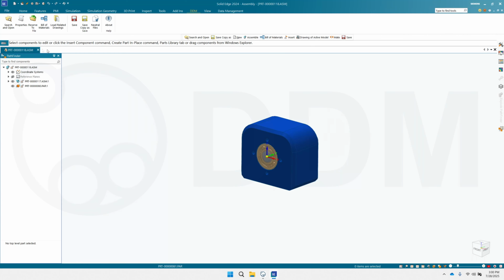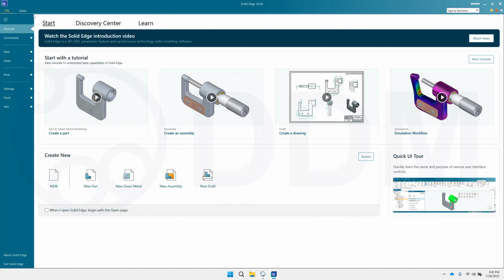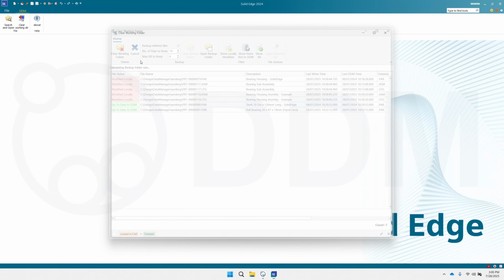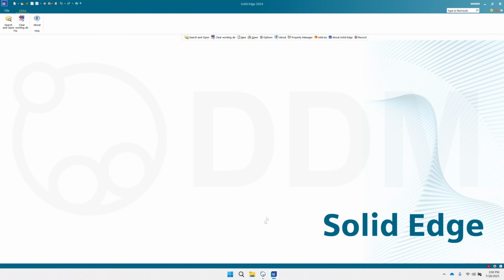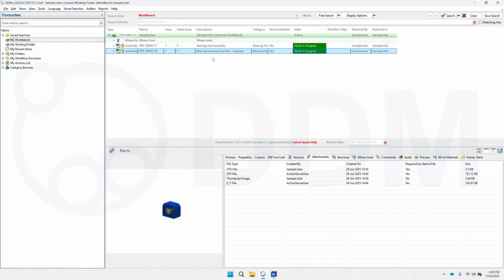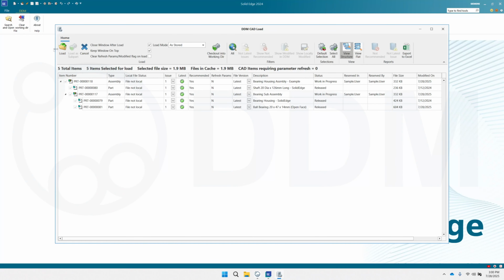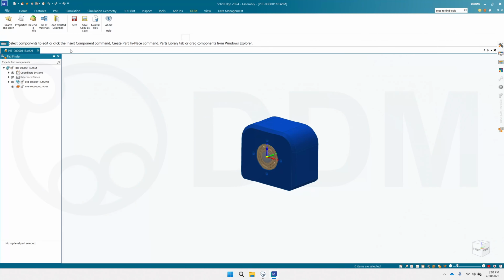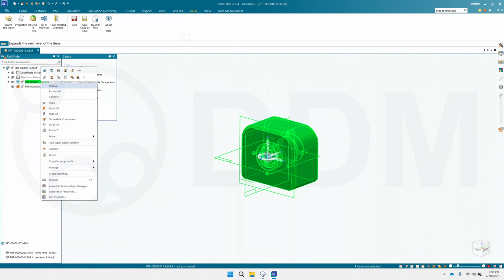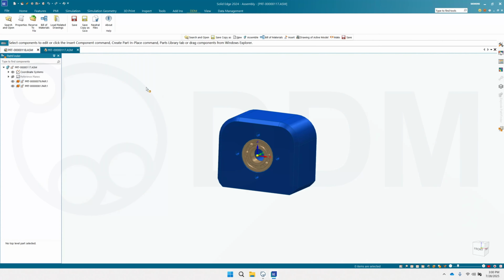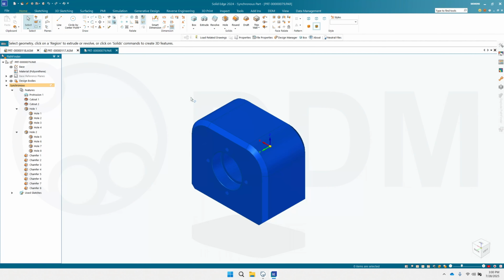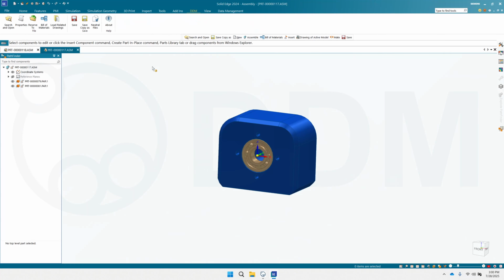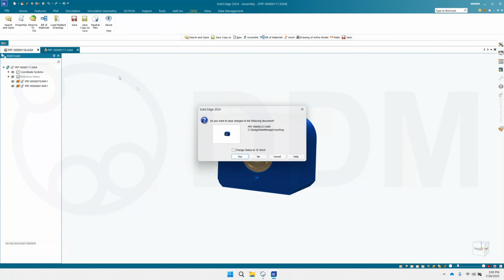We now close these parts and we clear the working directory. And we'll go through the process again. So loading our assembly into SolidEdge, and again we will open the subassembly and we will open the component for review, but this time we will close the part and the subassembly,